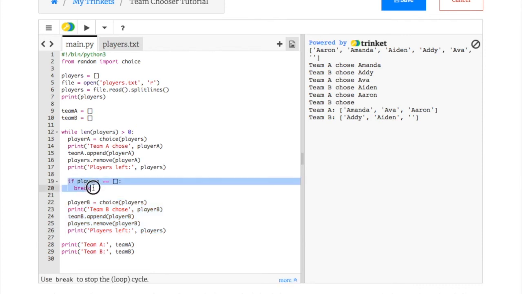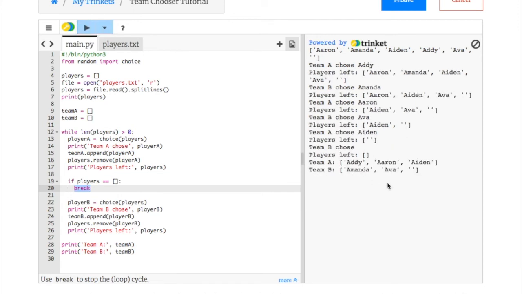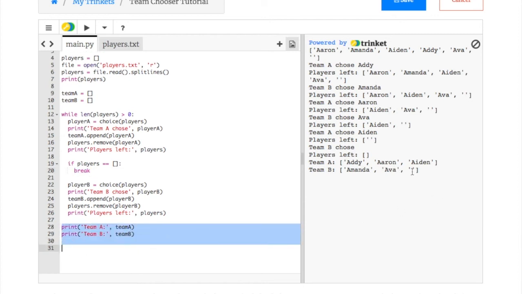But now we're going to add right here in lines 19 and 20 a break in the action. A break can actually kick the program out of a loop, and that's how we can help our program make some decisions. So if the players list is empty, if it's equal to empty, there's nothing there, then it's going to kick out of the loop. When we run this, you can see now that it's just going to kick itself out of the loop,